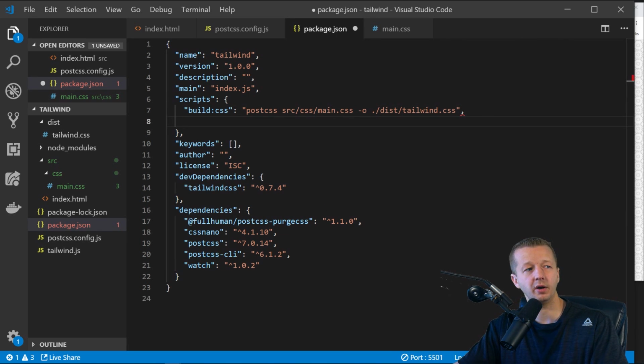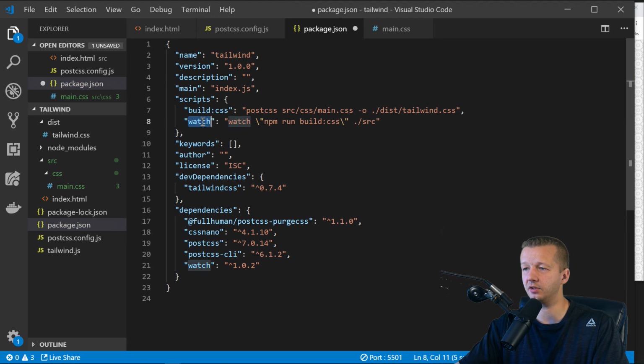Then we're going to run our watch command. Now the watch command will watch, and again, this was from the npm I watch command that we installed. It's going to run this right here. So npm run, it's going to run this command and simply watch it